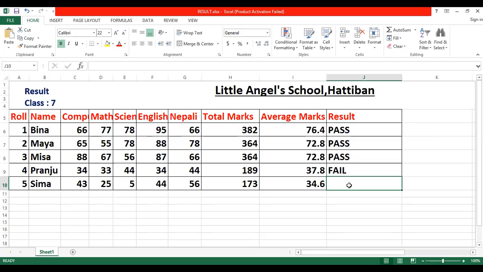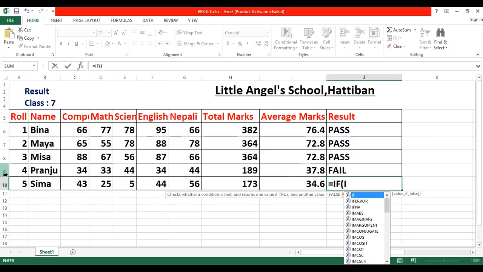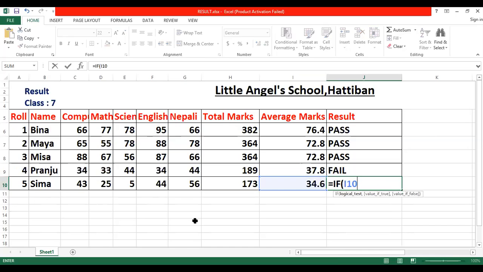Like that also you can use here also, IF function, bracket, again, what is the cell address of this 34? That is column name I, and row number will be different here. That is 10. You see here 10. I10, then greater than equal to 40, then pass, comma, either fail.